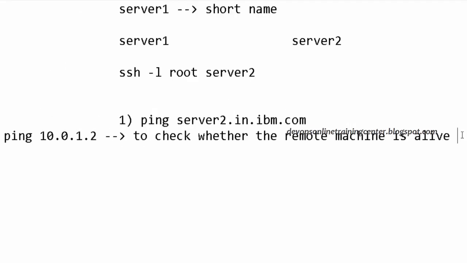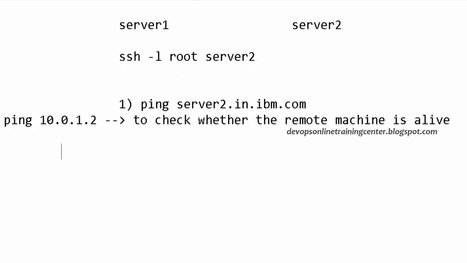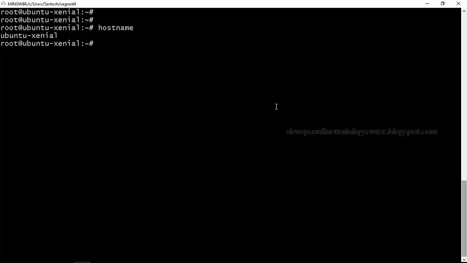Basically you send packets to that machine and check the acknowledgement, whether all the packets are received properly. So that is ping, just to check whether the remote machine is alive. So let us take two machines.